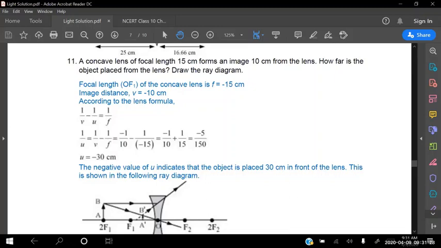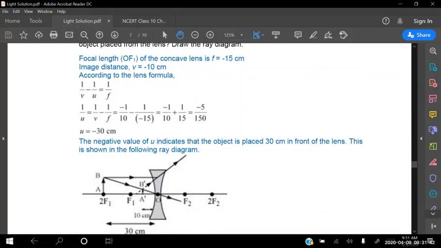First, you have to find out what is U. Now, this is a different kind. Generally, U is given in the question, but this question is different. Here, V is given and you have to find out U. Once you get your answer for U, you can see this number is very big. Then once again, you can use the scale and draw the diagram. If they ask you to choose the scale, then draw the ray diagram properly. So according to this, O, F and 2F.